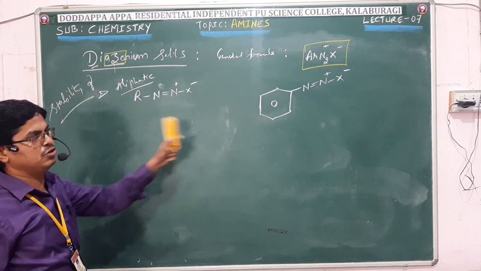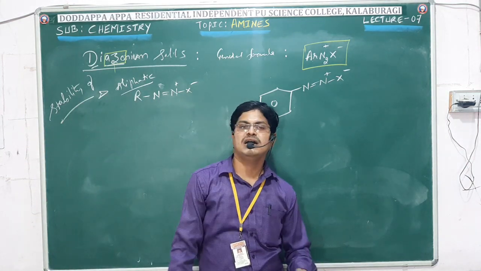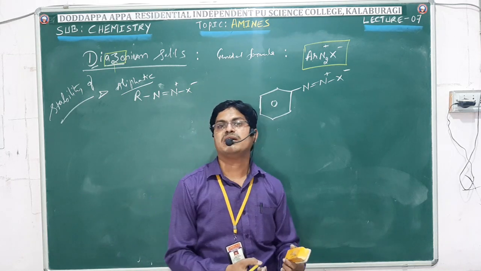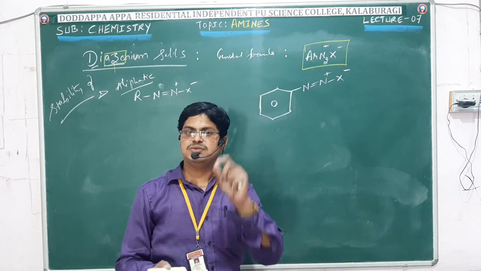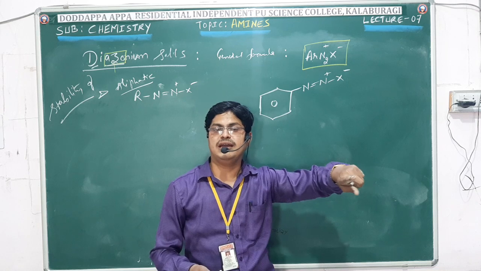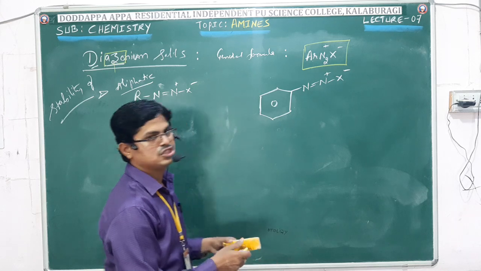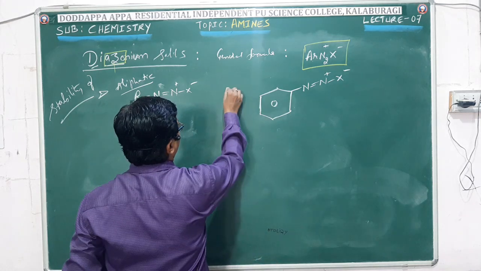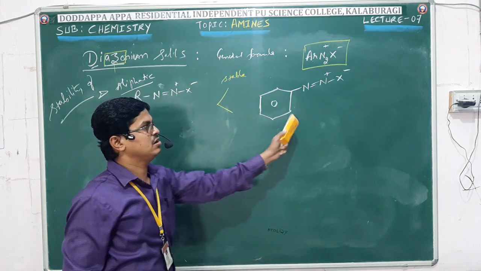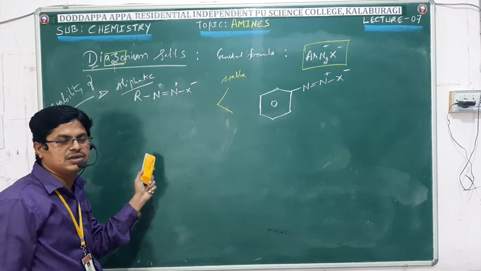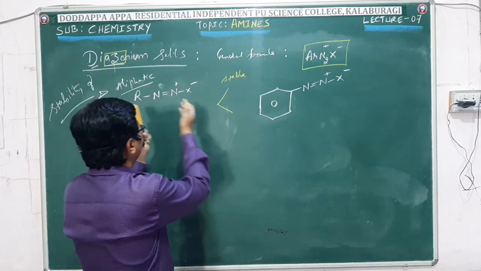Which is more stable means, of course, we came across in chemical properties of amines the diazotization reaction. Can you remember? Reaction with nitrous acid. In reaction with nitrous acid, we got both aliphatic diazonium salt as well as aromatic diazonium salt. Correct? So in that, which is more stable, of course, we mentioned aromatic diazonium salt is more stable than aliphatic diazonium salt. What is the reason why aromatic diazonium salt is more stable when compared with aliphatic?